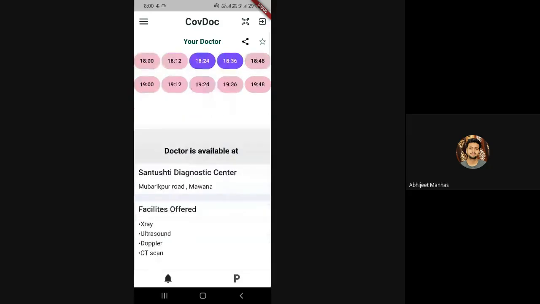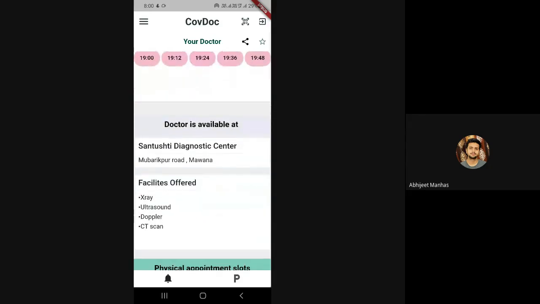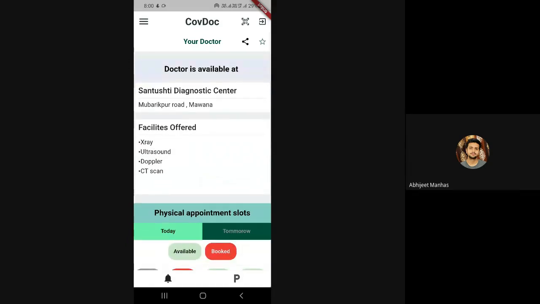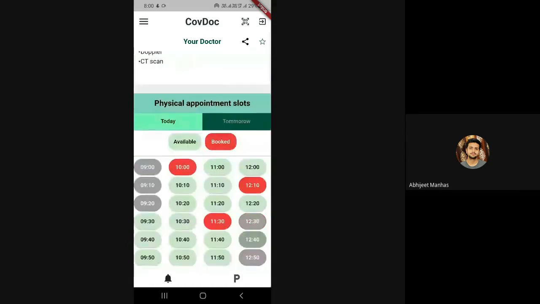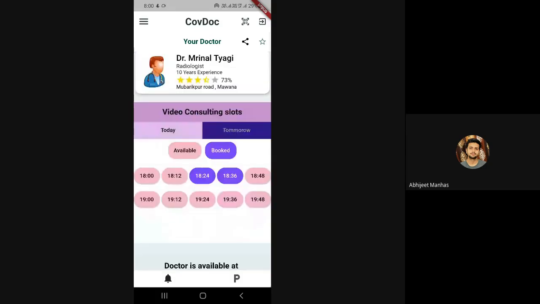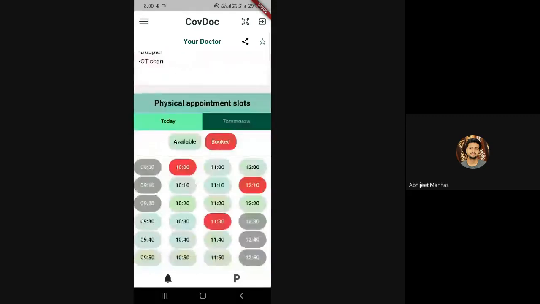Here we can see where the doctor actually is available, what all the facilities the doctor offers to us, and all the physical appointment slots which we can book for in-person appointments. The red ones show the slots which have already been booked. This is the basic crux of the app, that we should be able to access the doctor with just a switch.